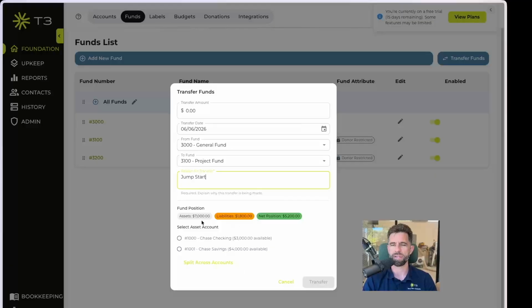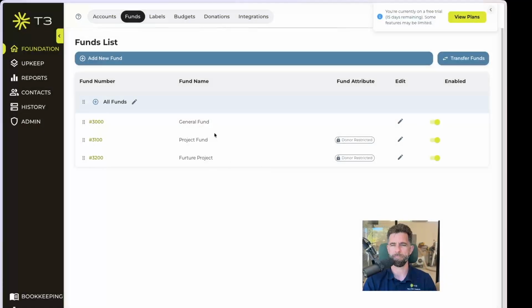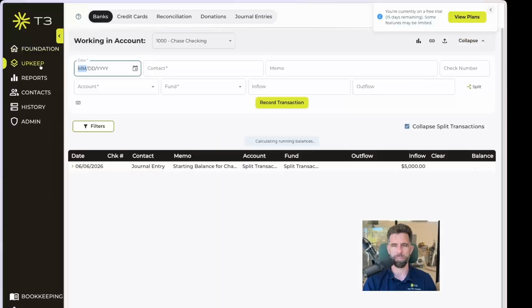And it will tell us, hey, we have this many assets and liabilities in the general fund right now. So our net position is 5,200. And so we're just going to put $500 in to jumpstart it. And we're going to do that in the savings account. So let's go ahead and hit transfer. And there we go. We did it. So you'll now notice right here,